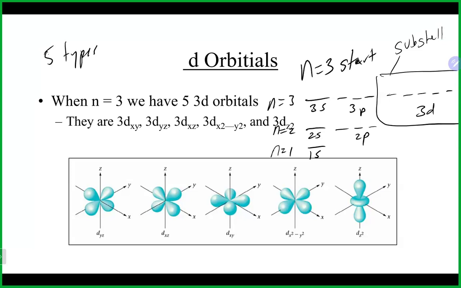And if I maxed out that subshell, how many total electrons could I put in there? Could do 10. Yes. 1, 2, 3, 4, 5, 6, 7, 8, 9, and 10 electrons. So again, if each arrow is basically an electron, you could put 10 of them in there and max it out. We see d orbitals starting on the third energy level